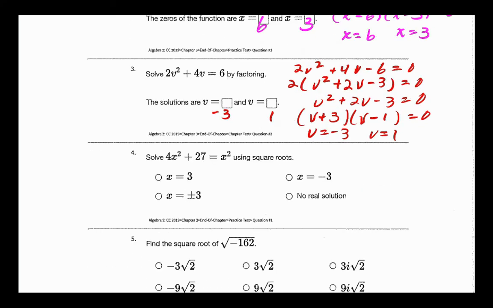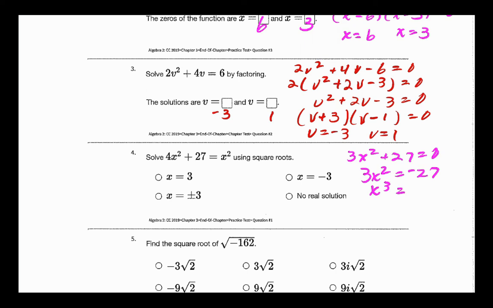All right, now on this one here, they're telling us to use square roots. All right, so what that means is we're going to move that x squared over to this side and get all the x squareds on one side. And then we're going to take the number and put it over on the other side. So on this one here, when I subtract that 1x squared, I'll get 3x squared plus 27 is equal to 0. And I'm going to move the 27 over to the other side. It becomes negative. I'm going to divide by 3,